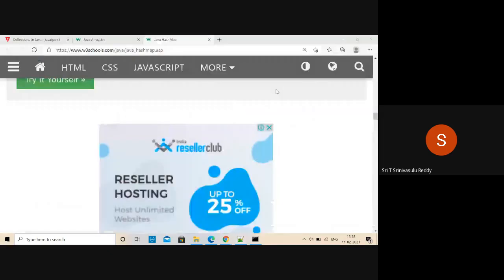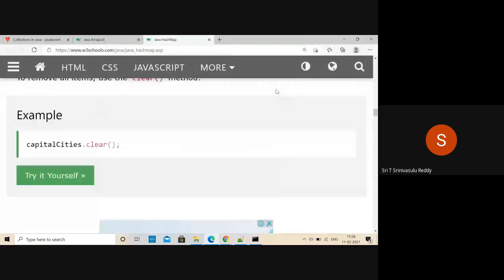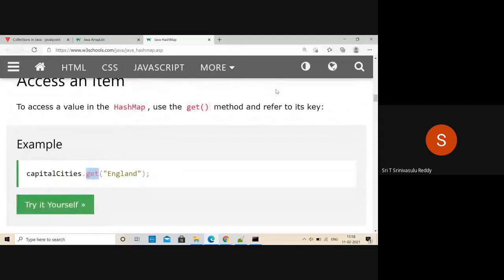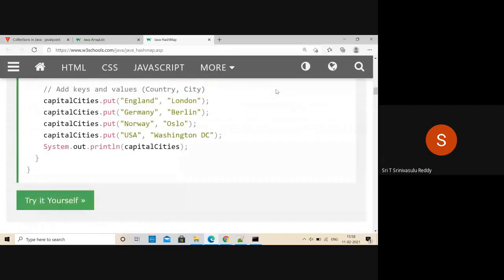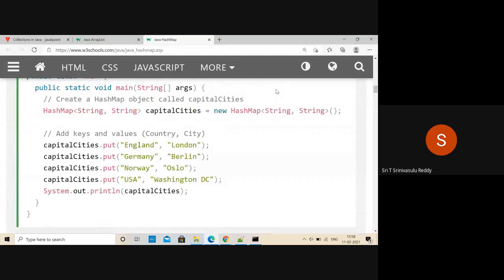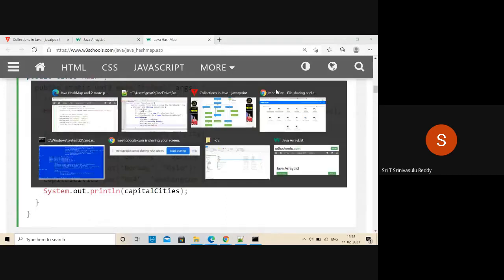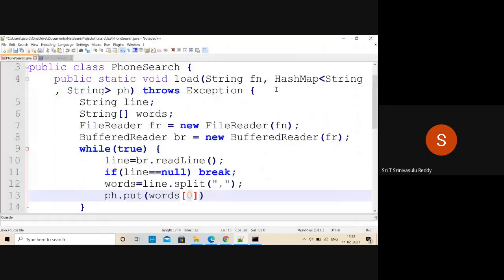You have to specify both: put followed by key, comma, value. Both the things you have to specify. So words of 0 is the key, words of 1 is the value. That's it. It is continuously going through that, and ultimately it has added all of them.